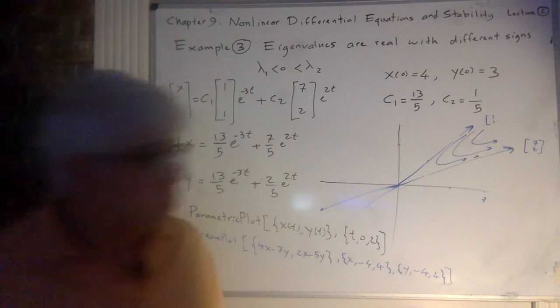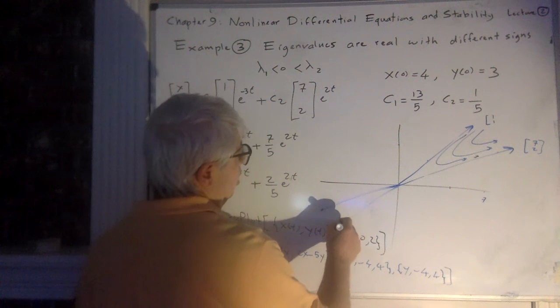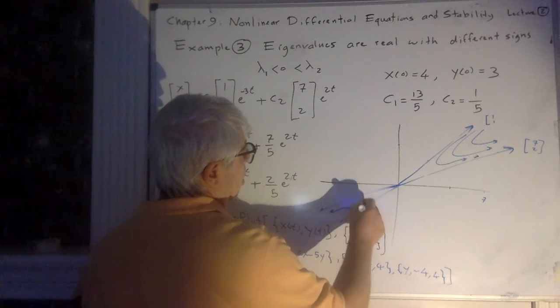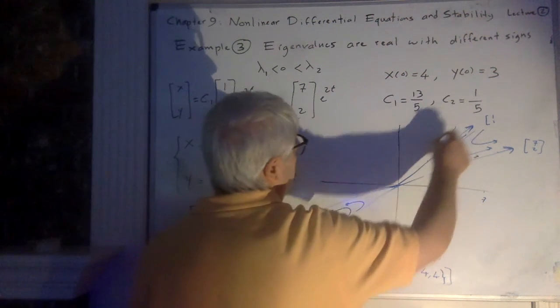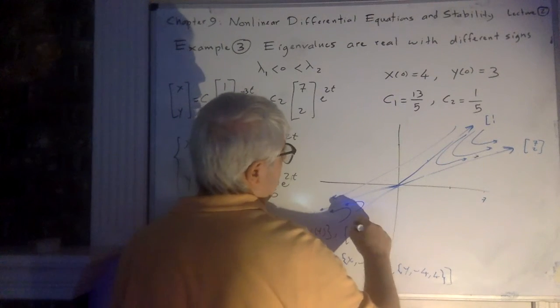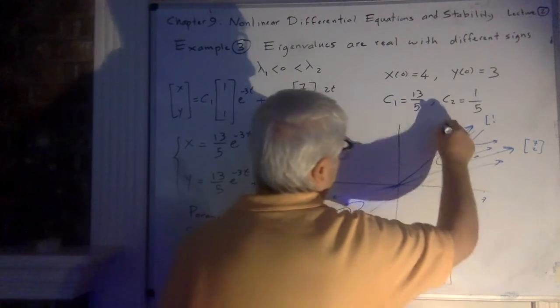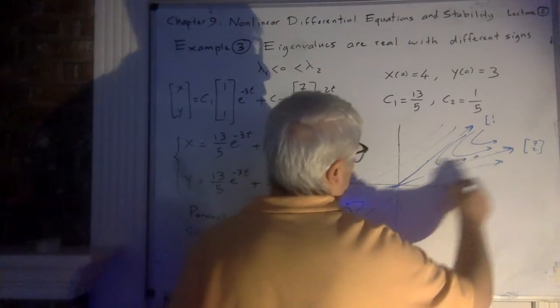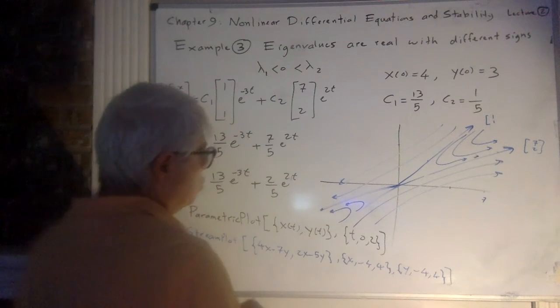Yeah, this direction. So here you have things like this, and here you have things like this, and here you have things like this. So the trajectories will be